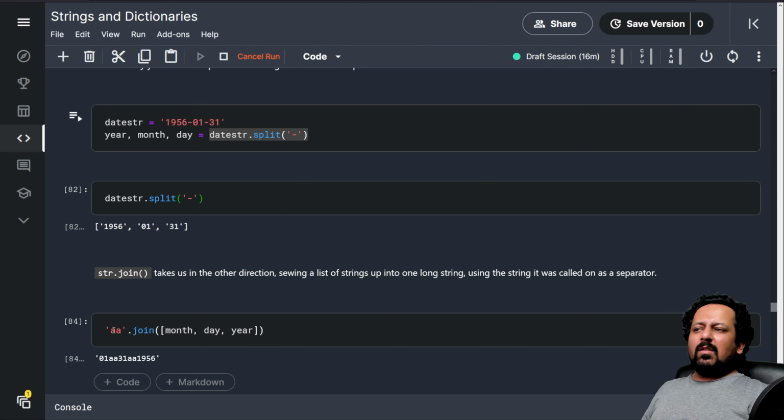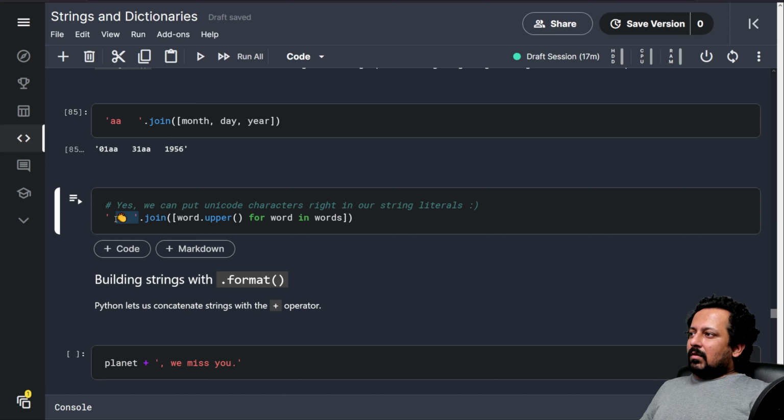Here it says we can put Unicode characters right in our string literals. So here what's happening is it's a join function, and here you have a space, in between you have a clap emoji, and then another space, and here you have a list comprehension. You're going through each and every word in words, and you're making everything uppercase. So what will the end result be?